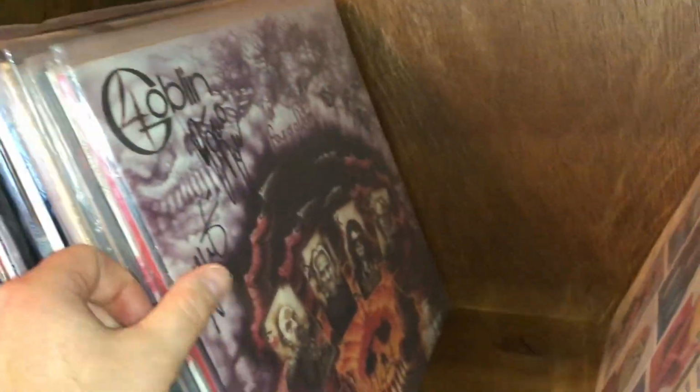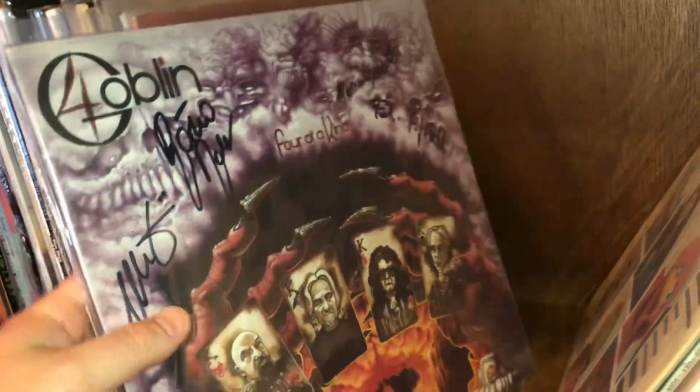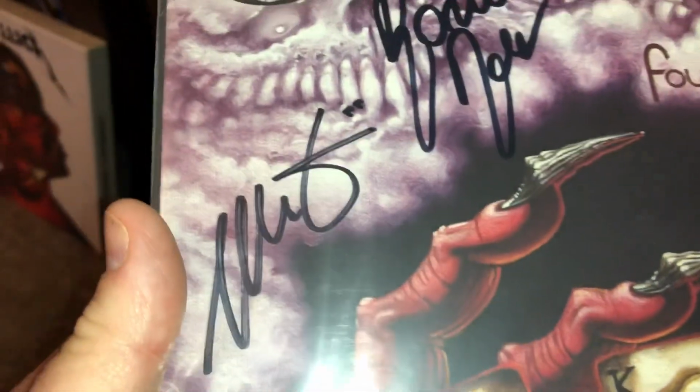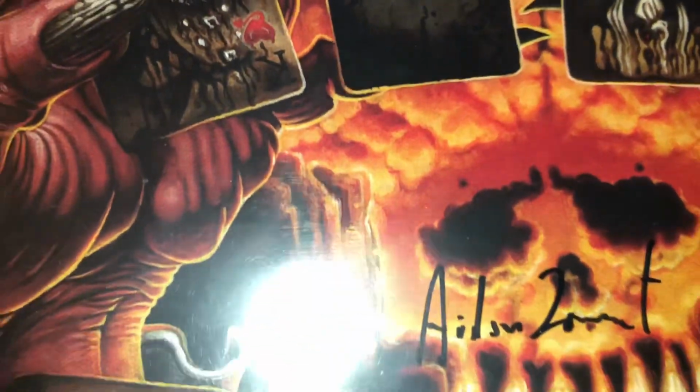Then I have a signed album from the band Goblin. This one was signed by everybody who was in the band, so you got all the signatures there. This is a really nice piece in my collection. This is one of my favorite items, and there's the